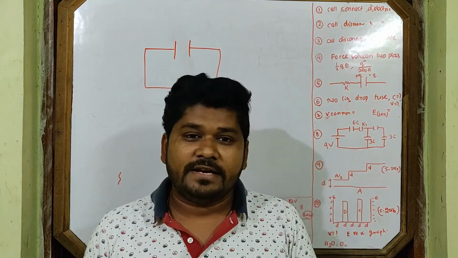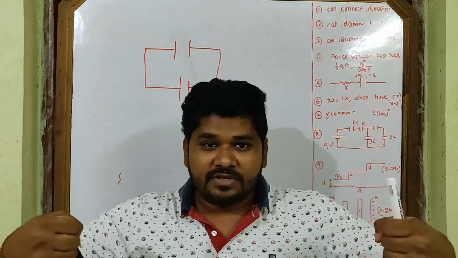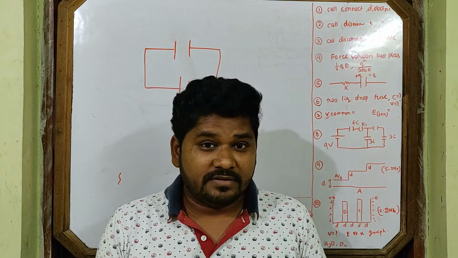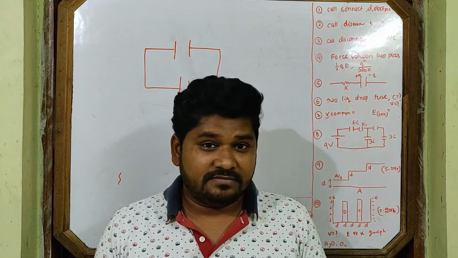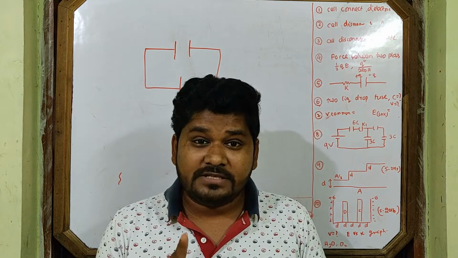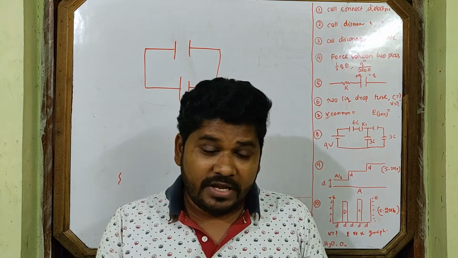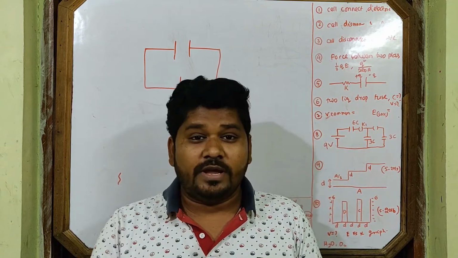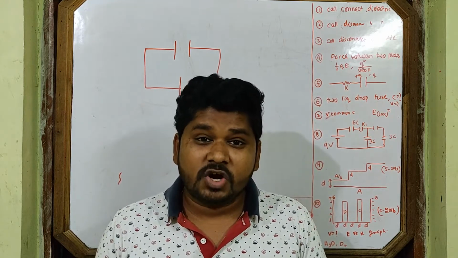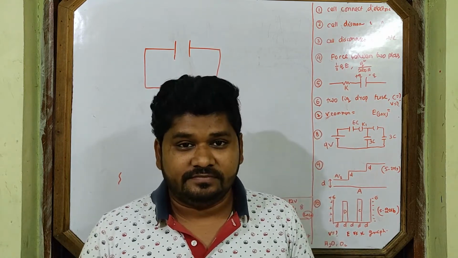You can put dielectric between the two plates. You can increase the plate separation. Stretch the two plates, plate separation will increase. But remember, if cell is connected and you are doing these things, then potential difference remains constant. So this line you can note. If cell is connected to a capacitor, then potential difference remains constant whatever change you may do in the capacitor.